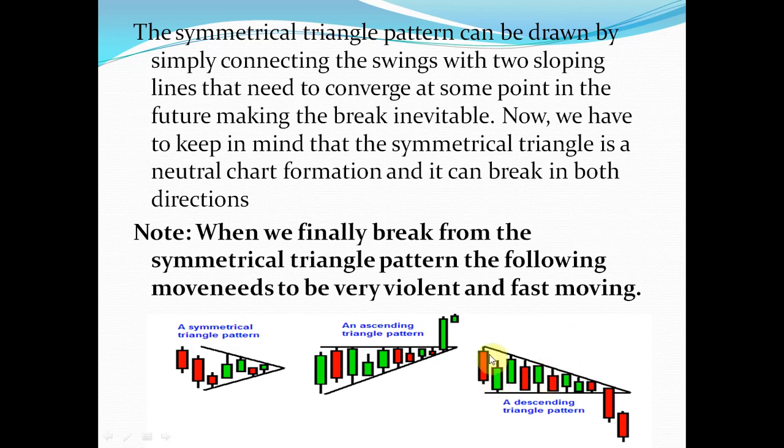You have to draw a sloping trend line and one horizontal trend line at the bottom, taking two peaks and troughs, and they merge at a point. A descending triangle pattern has a breakout in the downward direction. So we discussed three patterns: the symmetrical triangle pattern that can break out in any direction, the ascending triangle pattern that will break out upward, and the descending triangle pattern that will break out downward.